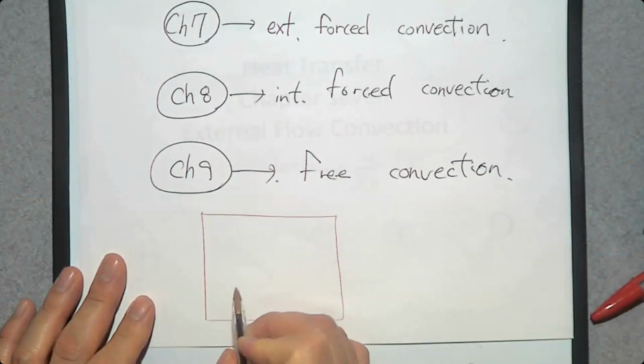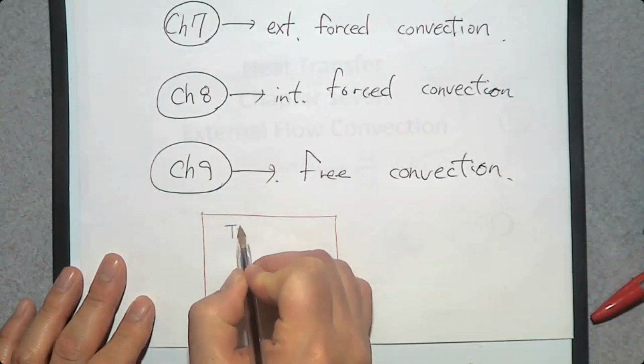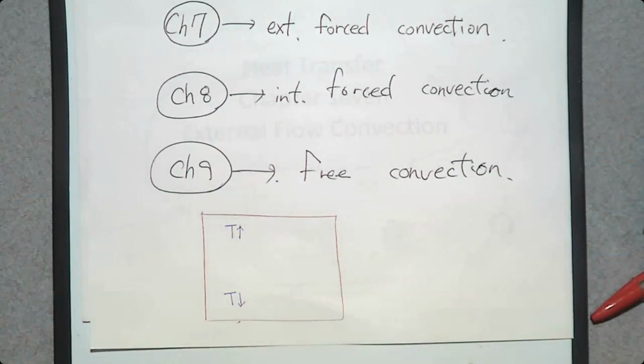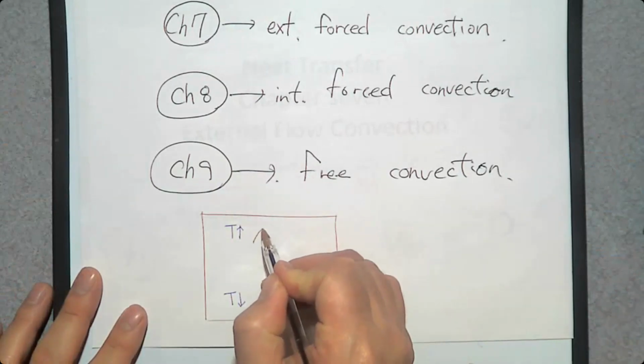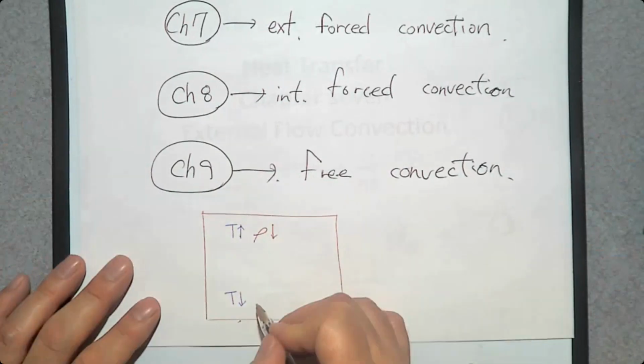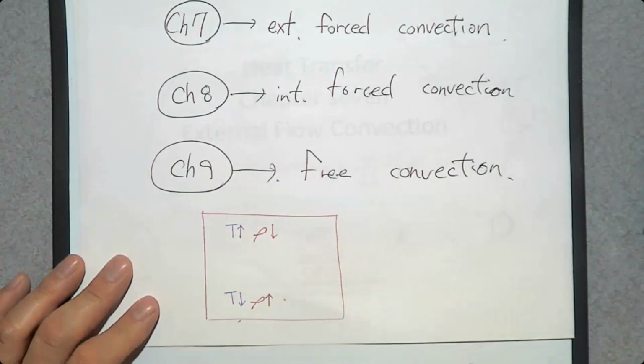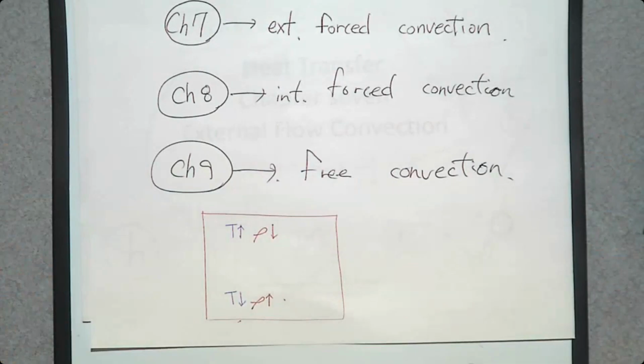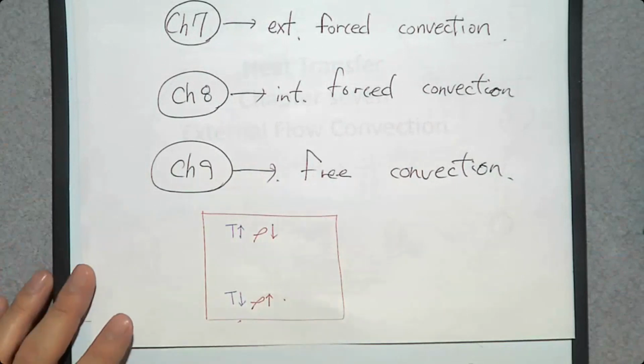What about the air at the bottom having low temperature, and the air at the top near the ceiling having high temperature? When we have a heater, when a vent from the heater is placed on the ceiling, usually the air temperature near the ceiling is going to be higher than the air temperature at the bottom. In that case, what is the density of air? Density of air goes down when temperature goes up, and density goes up when temperature goes down. So the air at the bottom is going to be heavier than the air at the top. Then nothing is going to happen. It's going to be called stable